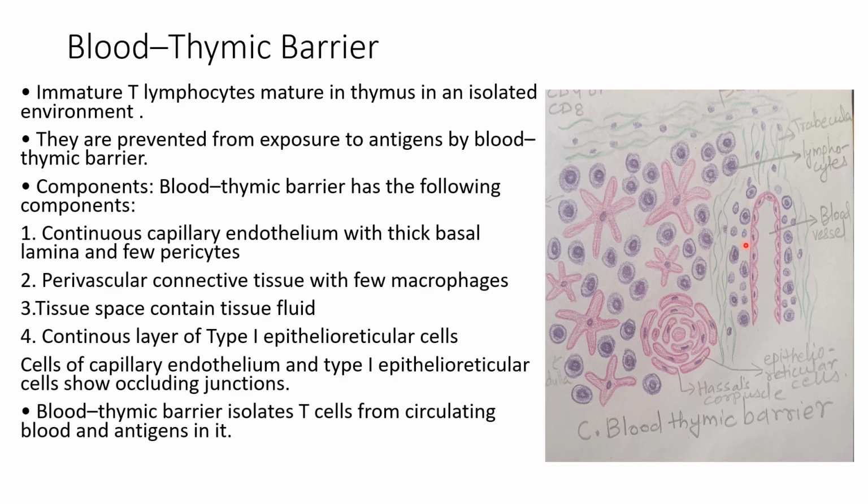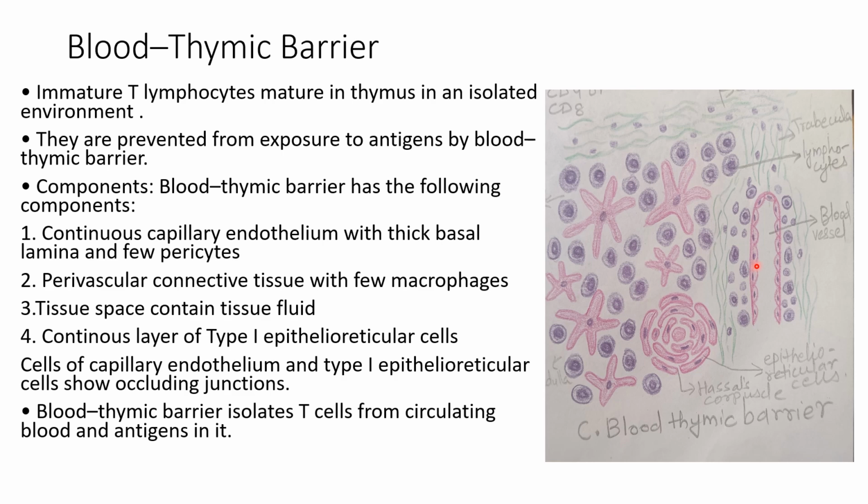Coming to the blood thymic barrier. So this is the blood thymic barrier. We know that the immature T cells will mature and become immunocompetent in the thymus in an isolated environment. So these lymphocytes are present in an isolated compartment, and they are prevented from exposure to the antigens present in the blood vessel. So the components of the blood thymic barrier are